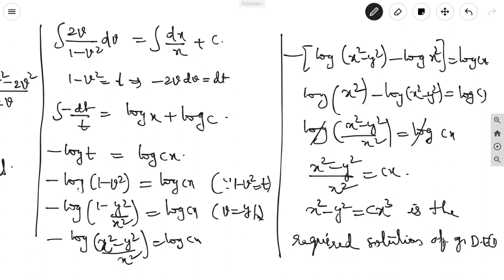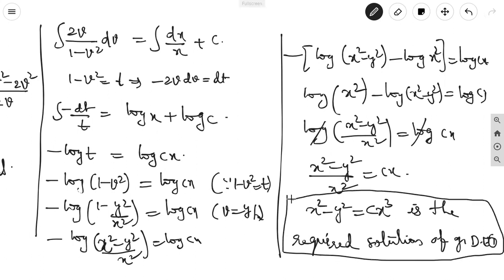Given differential equation 1, this is the solution. And here one more thing: I wrote it the clear way, but if you have an idea, log of a by b minus log of a by b can be written simply as the elimination of the minus, log of b by a, x square minus y square equal to log cx, then immediately it will get cancelled. Here it comes 1 by log cx, but it is no need. You do like this only, getting confusion.